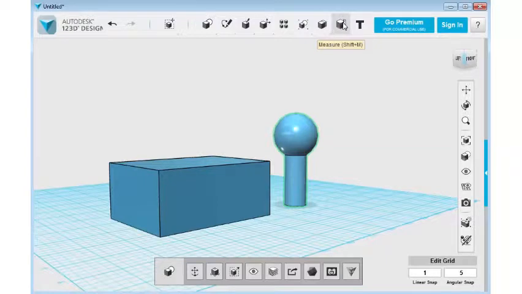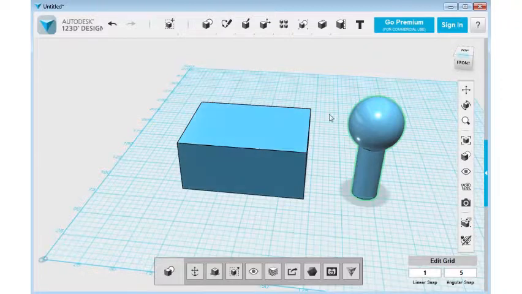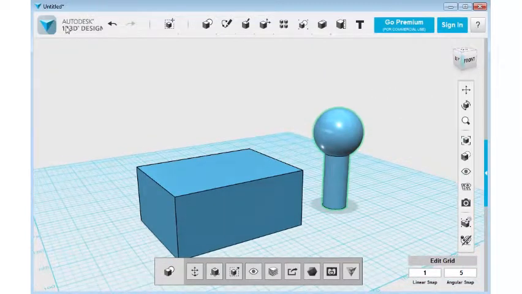Measurement tool, text, those are all pretty much defined. Well, it's a tool when you need it. Measurement is. Text is also a tool when you need it, depending on the project. And you could look that up in different types of tutorials that are related to this. But this tutorial was just to get you familiar with the main tools that you will be using. Once again, if I hit home, it goes there, and then